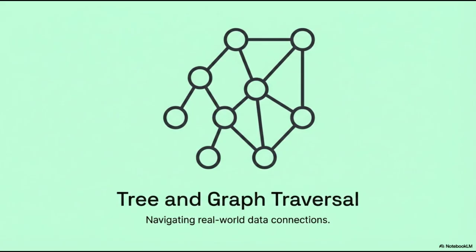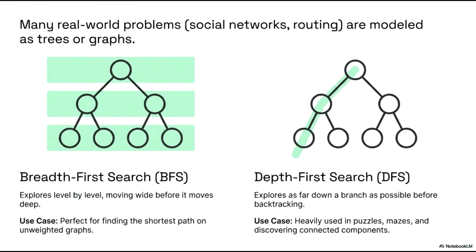digital landscape. Many real-world problems, ranging from social network analysis to network routing, are effectively modeled using mathematical structures like trees and graphs. When traversing these structures, we typically choose between two fundamental algorithms: breadth-first search and depth-first search. Breadth-first search, or BFS, explores the graph level by level, moving horizontally across each tier before descending further. Because it examines all neighbors at a given distance first, it is the optimal choice for finding the shortest path